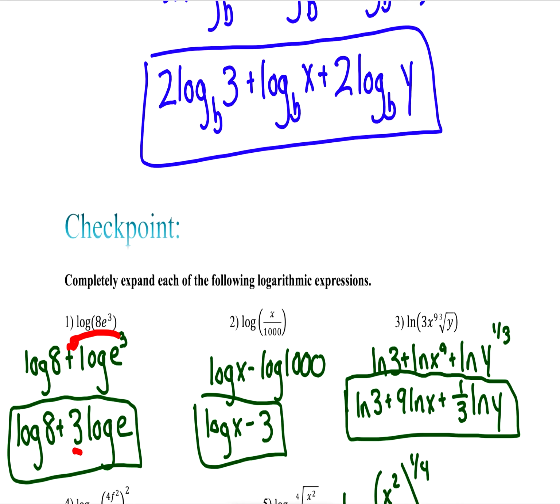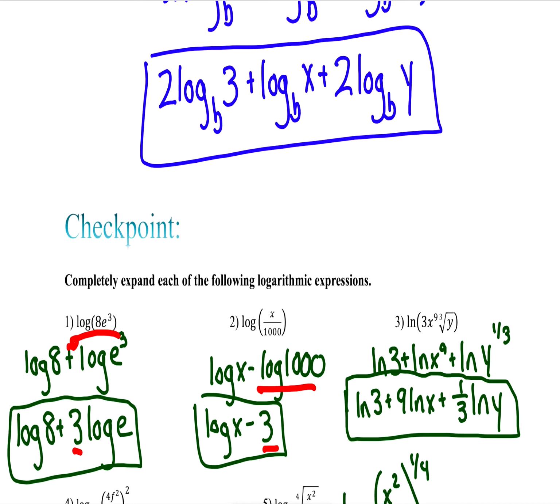Number 2, no powers here, don't have to worry about that. It's just x divided by 1,000 on the inside, so it'll be log of x minus log of 1,000, but log of 1,000, simplify that, that would be 3, so it'll be log x minus 3. And number 3,